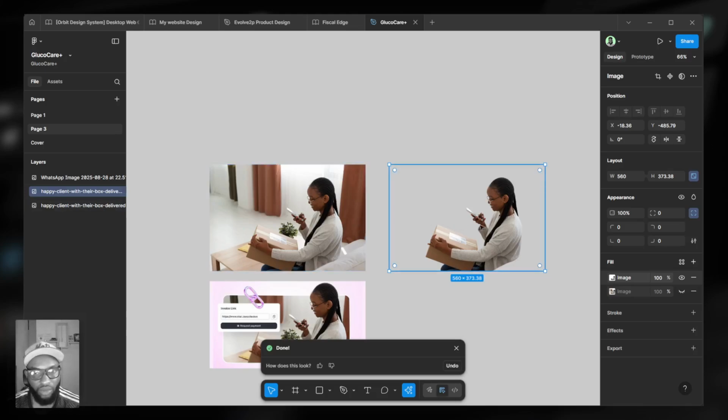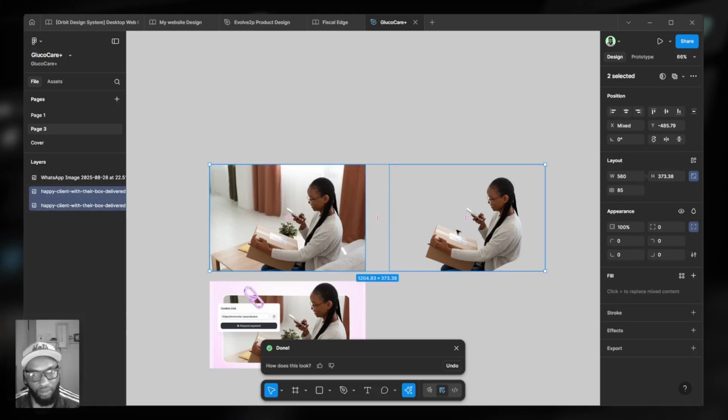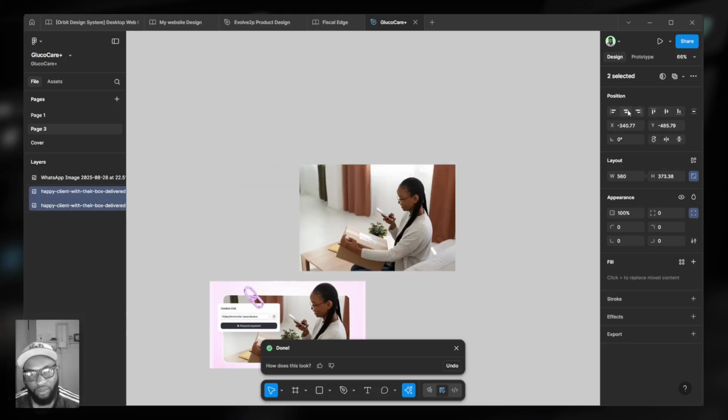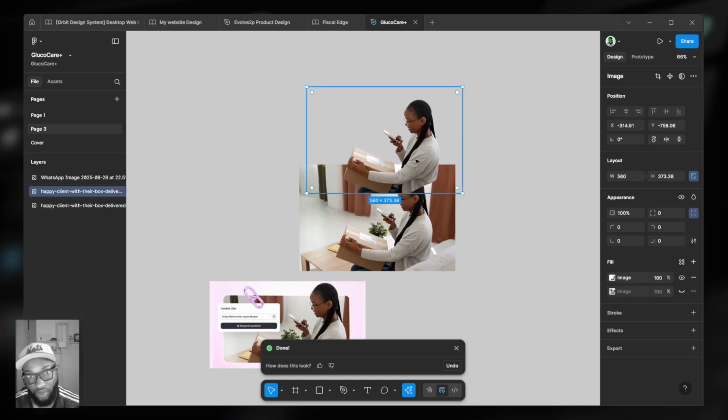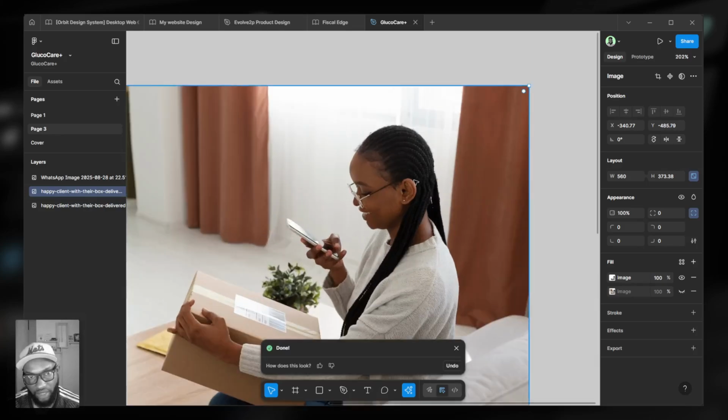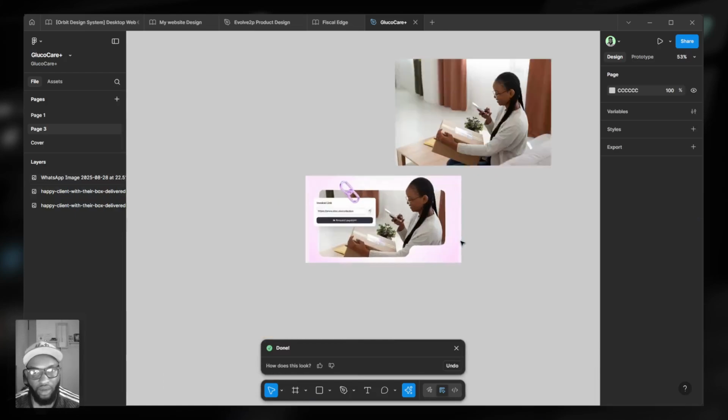So here is what I'm going to do. I will select the two of them and align them to the center, right? And making sure that I have the one without the background at the top, and that's all, right? So we've done that, so you can see sitting pretty. So now we need our